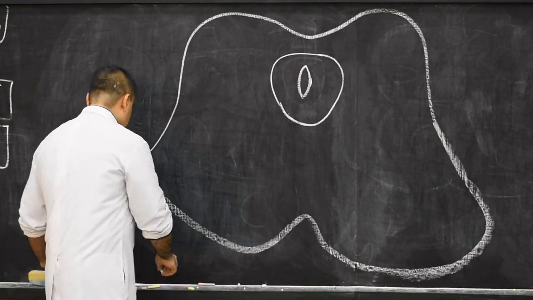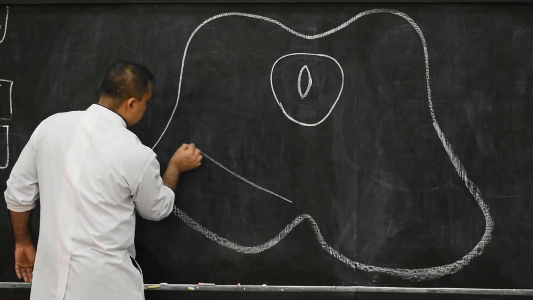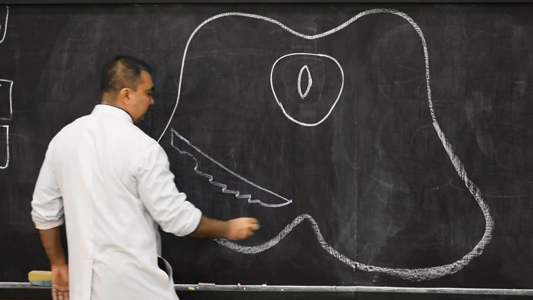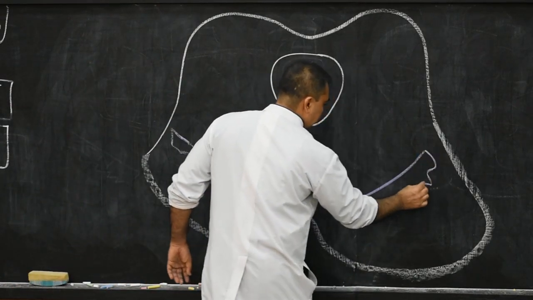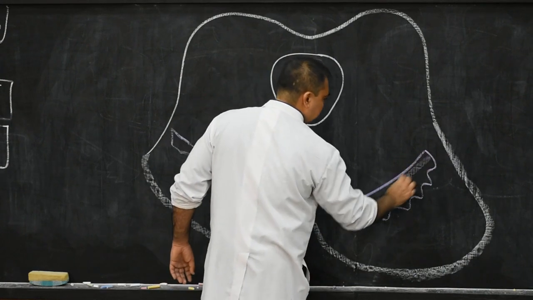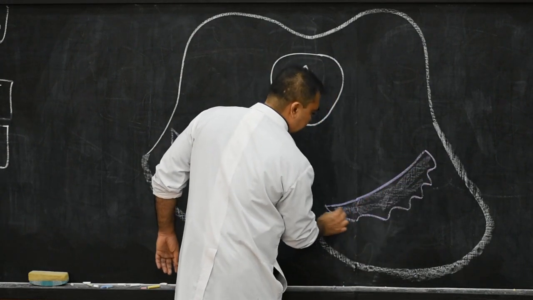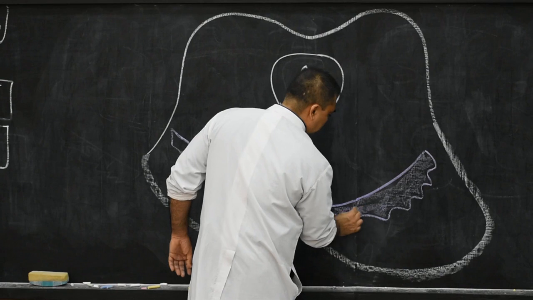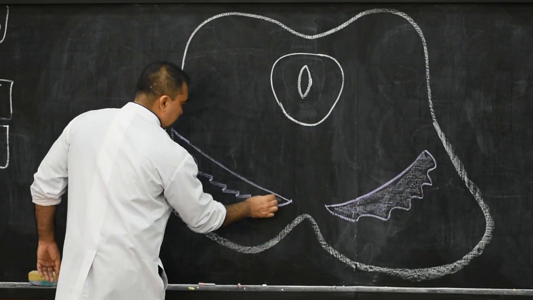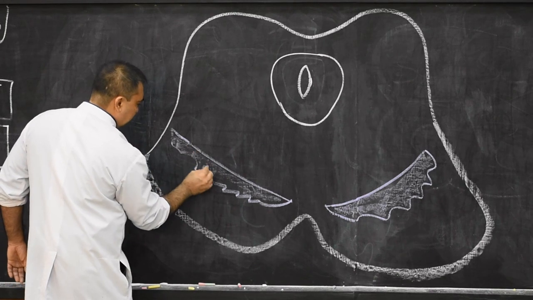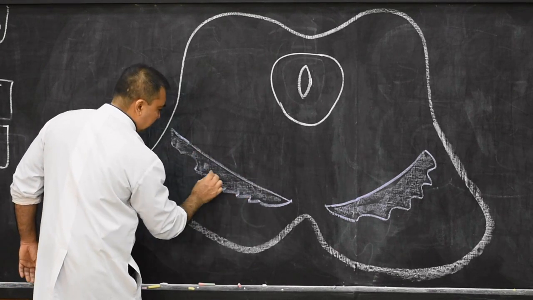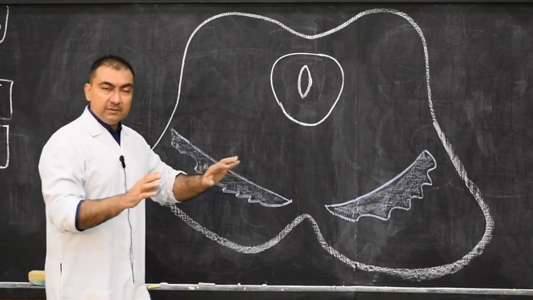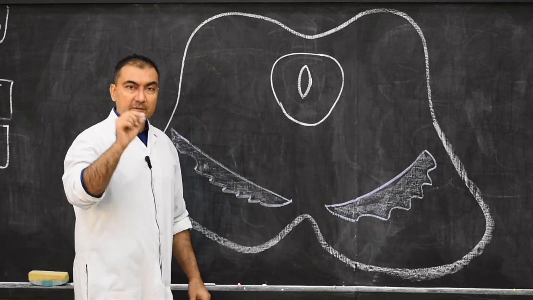Then we have to show here, this will be the substantia nigra. I will come across to this substantia nigra, and in this way we have to show the entire substantia nigra, in which you have to show that ventrally it will have various processes here. This process is ventrally, that is what we have to show, and the dorsal margin is concave. Ventrally there will be various processes. Now gradually we have to fill the various structures. We have to label it and we have to write one point about all the structures.